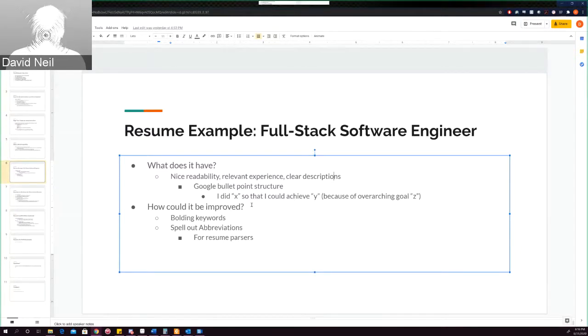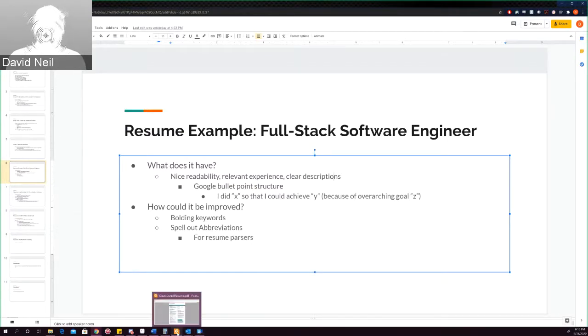Yeah, and if you do that, it's really easy to read your resume and really easy to get an idea of what you've done overall, as opposed to having to sift through a bunch of heavy wording. So it's really important to be concise. Some other things that could be super useful,